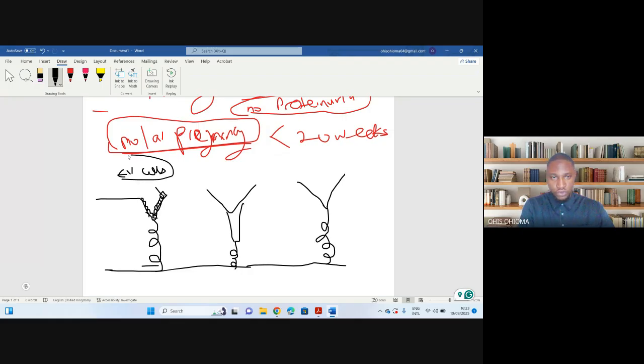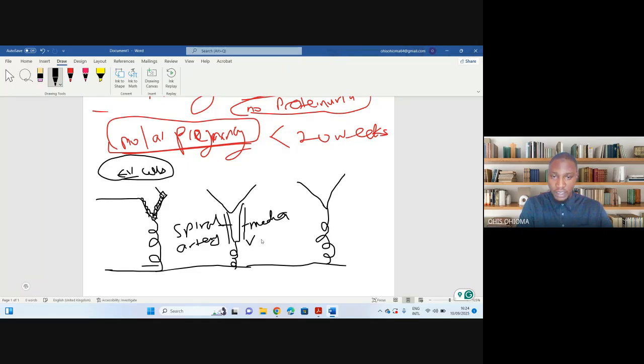And these trophoblastic cells, which are also part of the trophoblast, basically, what they do in normal pregnancy is that they would invade this spiral artery. So they will invade the spiral artery here. The essence of invading this spiral artery is to ensure that there's a change in the constituent of this artery. So basically, normally you have the thicker part of the artery known as the media, right? So what this thing does basically is that it invades the media of the spiral artery, making the spiral artery